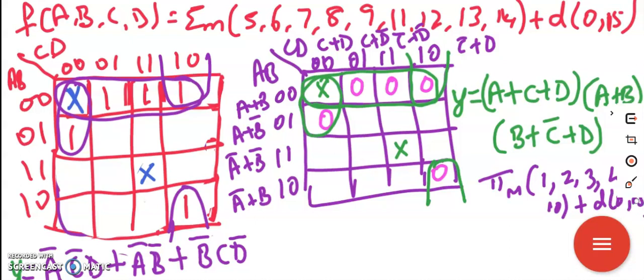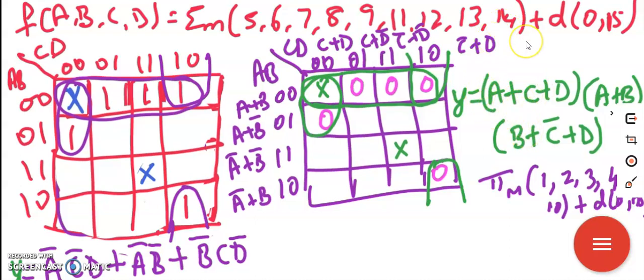If the problem has been given like this in SOP only, but it's been asked to implement POS, then I can write this problem myself and we can solve this. So how are we going to solve this? Write the entries into these locations as zeros and do the grouping. Write down the problem solution in terms of POS. This is easily implemented using NOR.